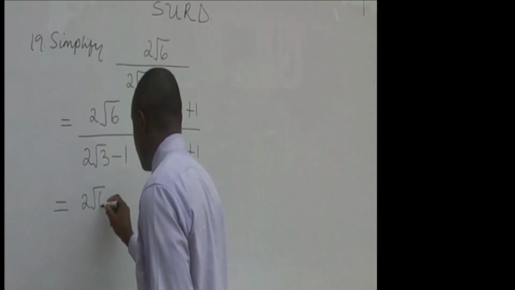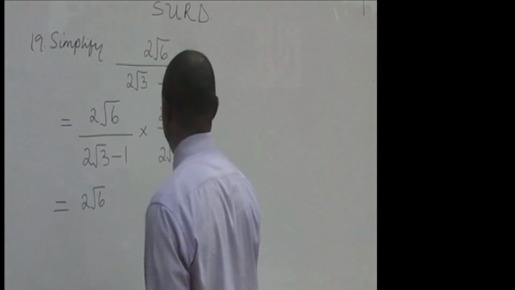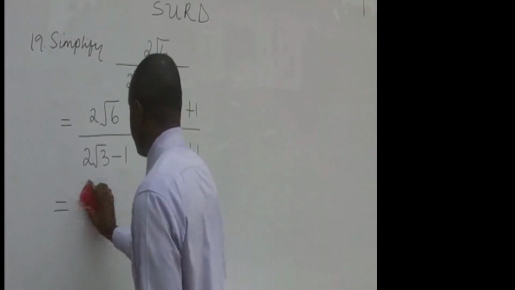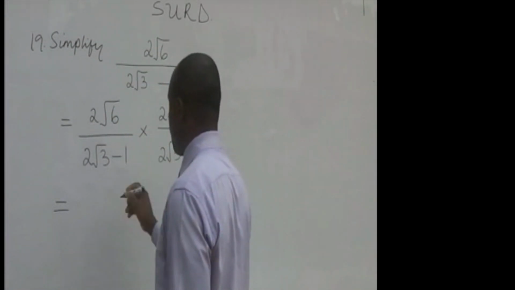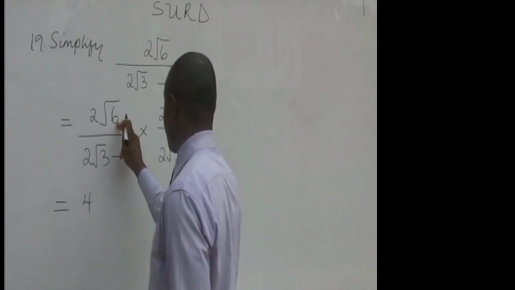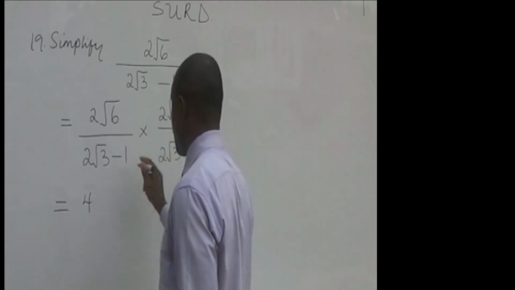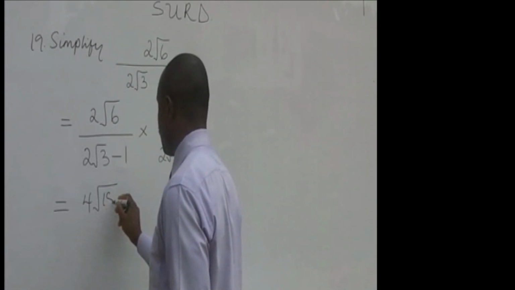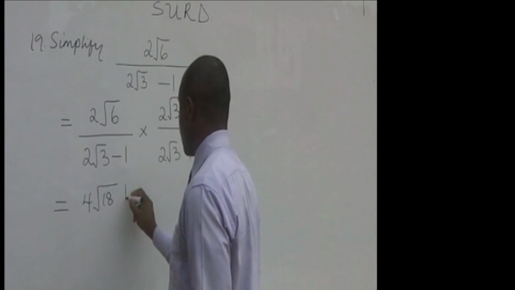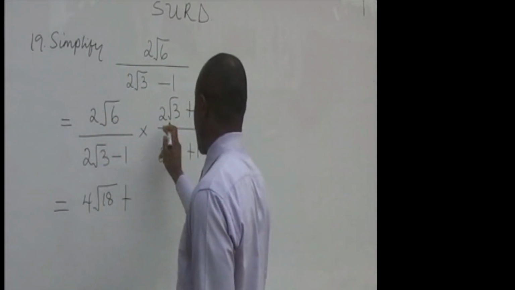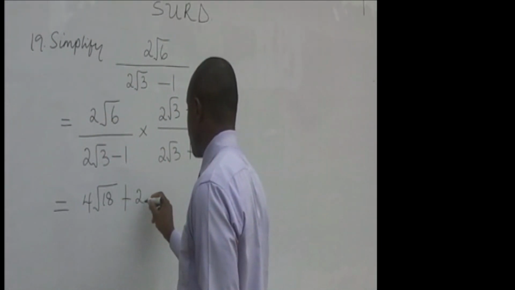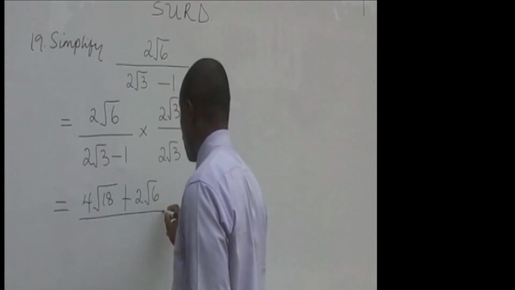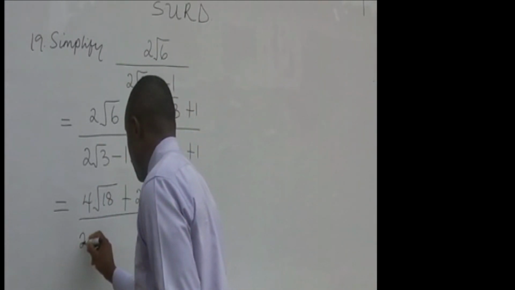2 root 6, this one. Okay, let's multiply straight because of our space. Sorry. So 2 times 2 will give you 4. Root 6 times root 3 will give you root 6 times 3, which is 18. Now plus 2 root 6 times 1 will give you 2 root 6. Now all over. What you have here is now